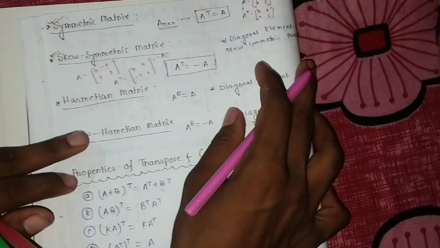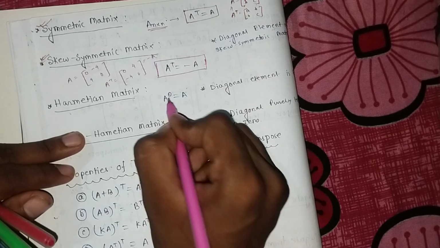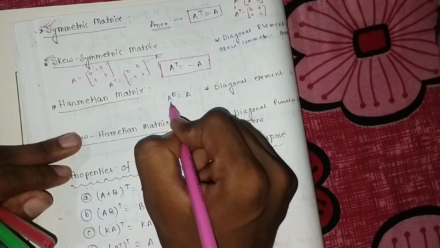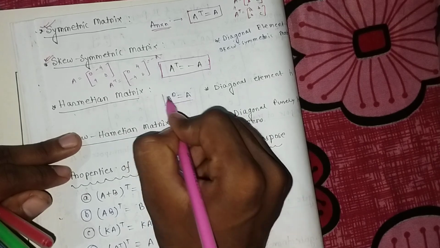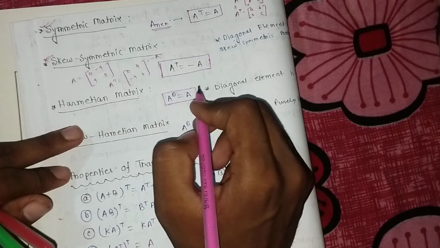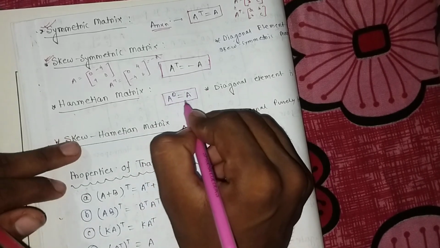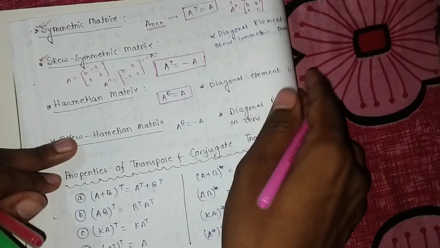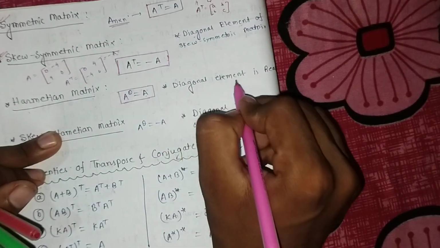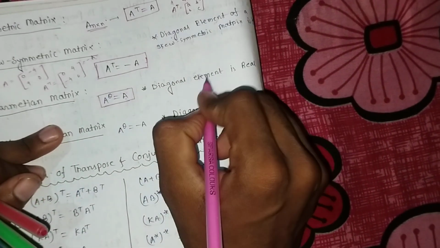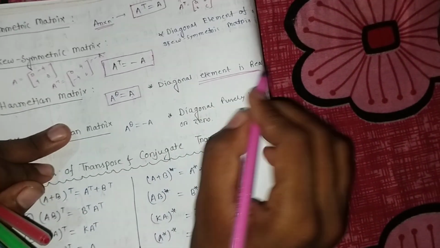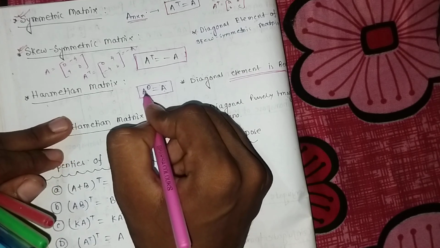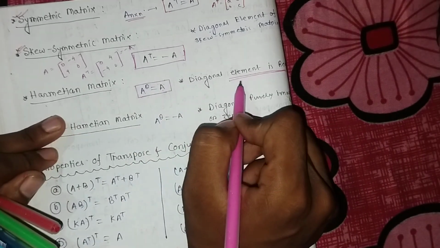Now Hermitian matrix. A theta means the conjugate transpose of a matrix. If we do the conjugate transpose of a matrix and if we get the matrix again, then it is called the Hermitian matrix. And always you have to remember the diagonal element is always real. Since we are taking conjugate transpose, complex entries come in this matrix, but the diagonal entries will be